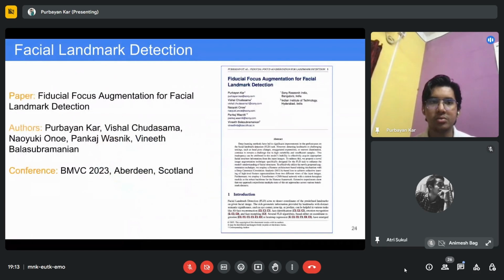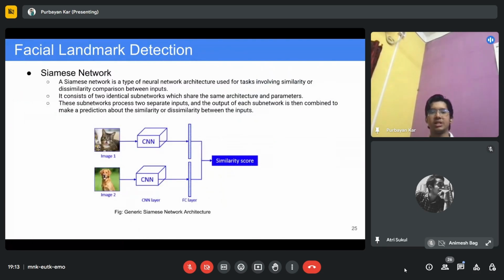But first let me explain what a Siamese network is. A Siamese network is a type of neural network which gives you the similarity or dissimilarity between input images. If you see this architecture, it is a parallel CNN architecture. You have one image of a cat, one image of a dog. You pass them through the CNN architecture, and your task is to predict the similarity score. Obviously, these two are not the same images, so the similarity score will be low. This is the overall essence of what a Siamese network is. I hope this is very simple, but again I won't go deep. This is a high-level overview of the Siamese network.